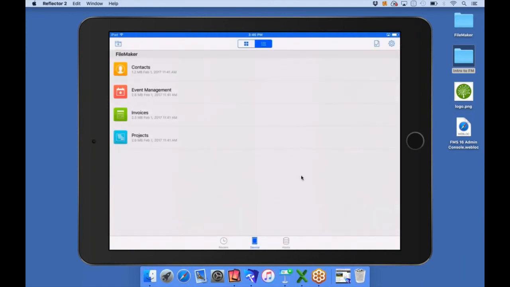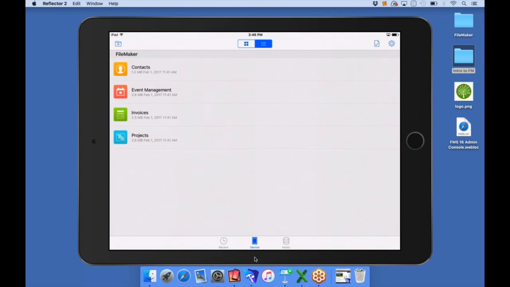And here's FileMaker Go. Again, it's free to download off the App Store. You'll notice these 3 icons down at the bottom of the FileMaker Go screen. If I tap on Recent, this shows the apps that I've currently accessed. If I tap on Device, this shows the apps that are stored locally on this device. That's right, you can store copies directly on your device. So you can go out to the field, capture information when you're in an area with a bad network connection or you don't have any network to connect to. So you can work offline,